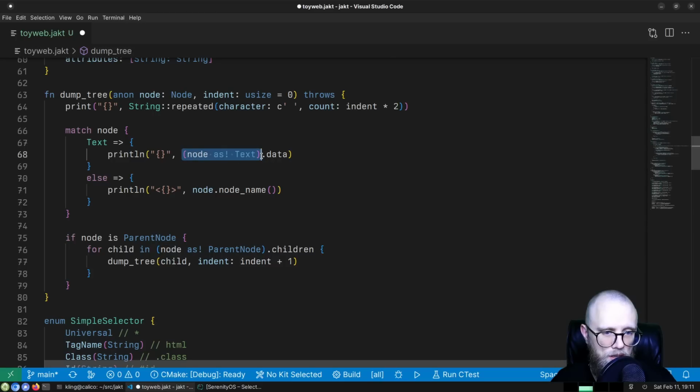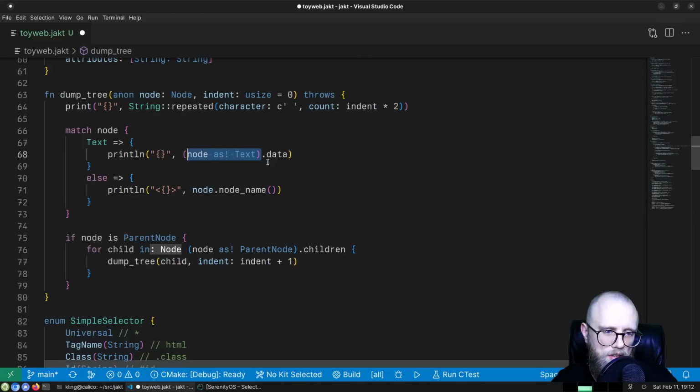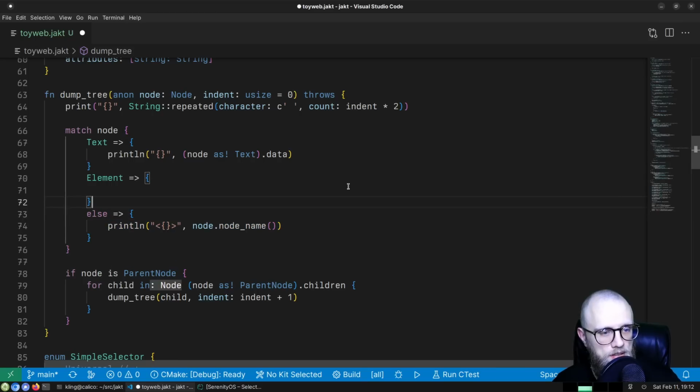As the, you could rebind node as the more narrow type. That might not be what you want in all cases though. Yeah, maybe just having some syntax for binding the narrower type would be interesting to get rid of this cast. I don't know what good syntax for that would be, but it would be a cool thing to have. Anyway, if it's an element, then